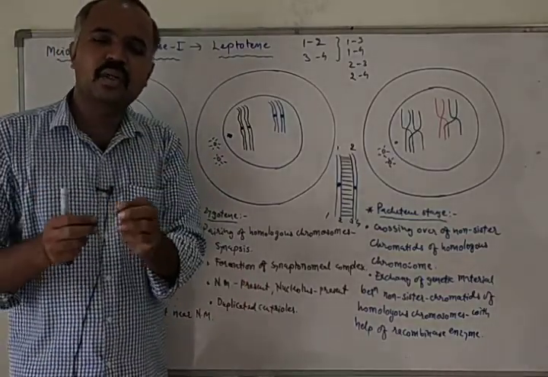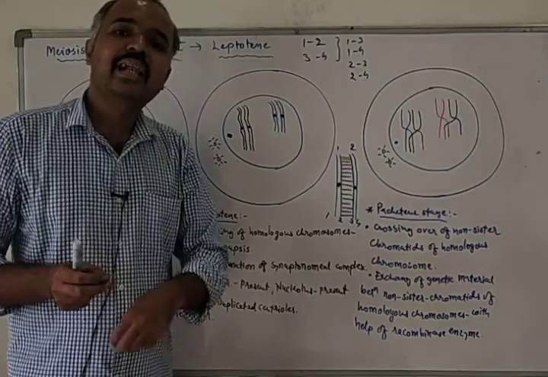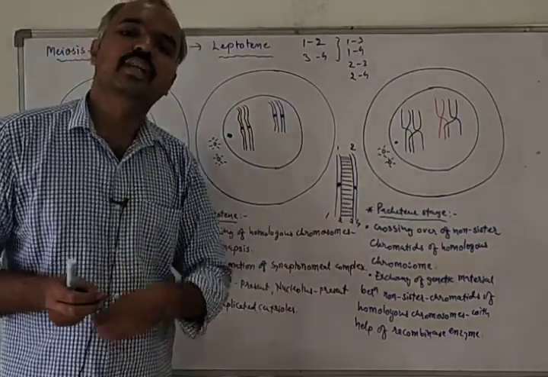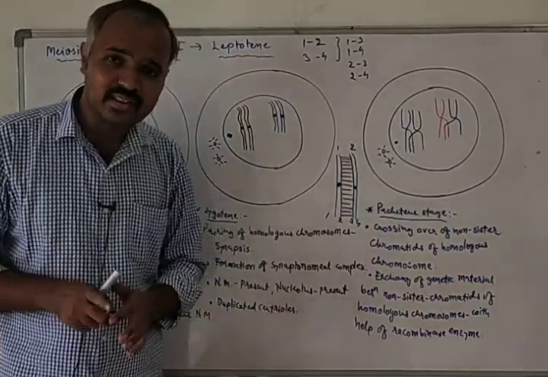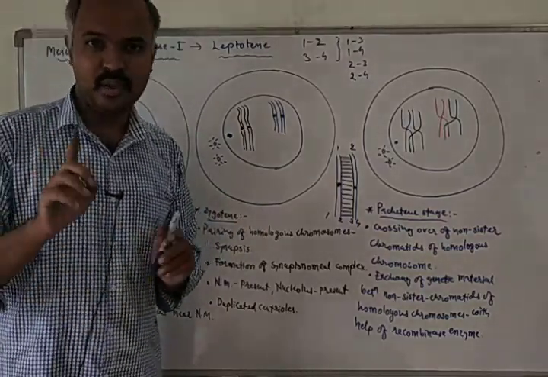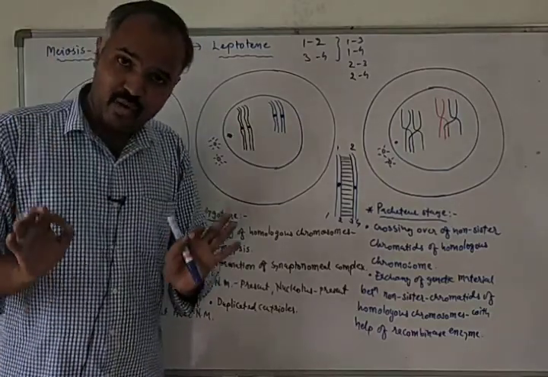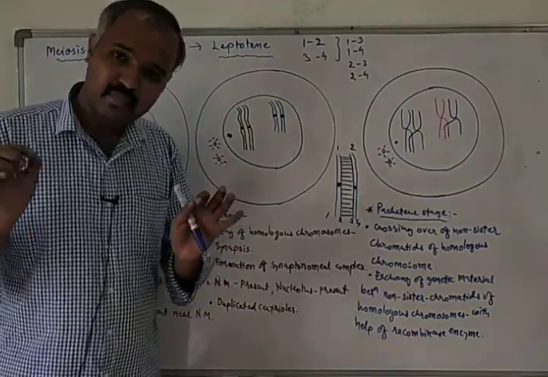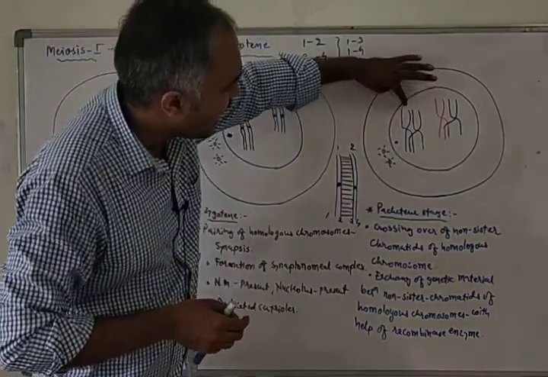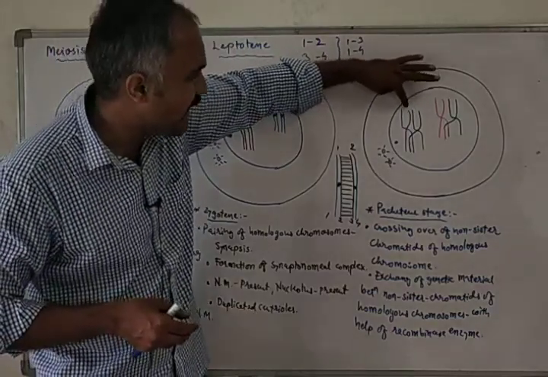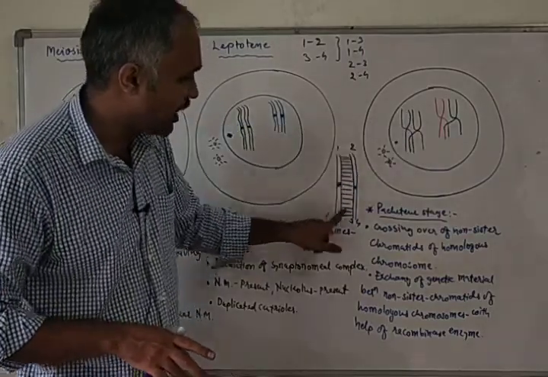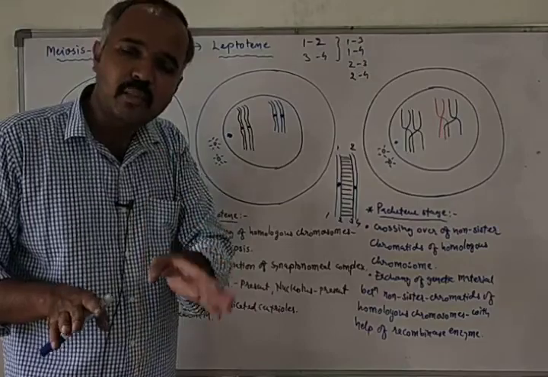One chromatid of one chromosome will cross over another chromatid of another chromosome, or we can say there will be crossing over between non-sister chromatids of the homologous chromosomes. Please remember that this chromosome is actually behind the first chromosome, which you should not forget. And these two are attached with the help of the synaptonemal complex, so the synaptonemal complex is still there.